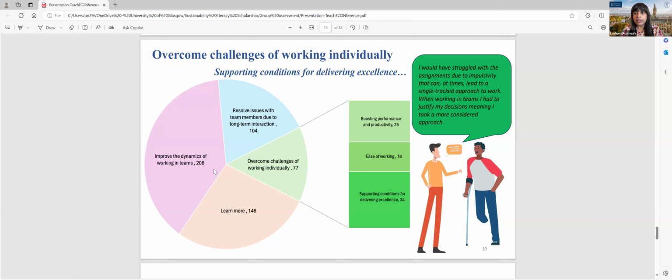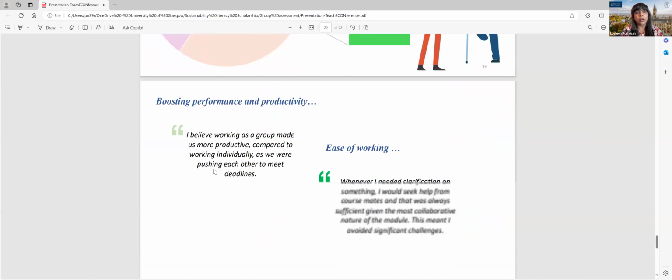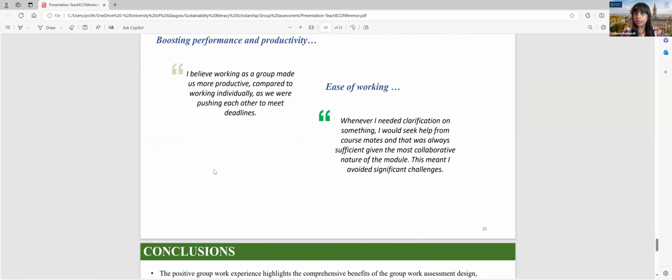So it could be through peer assessing each other informally, or it could be through sharing, which the comment example that you see here provides. Then it was also useful in boosting performance and productivity. So by leveraging strengths to be more productive, they were able to come up with better ideas. So next slide, Paulina, where you can see students' comments around how they were able to leverage the